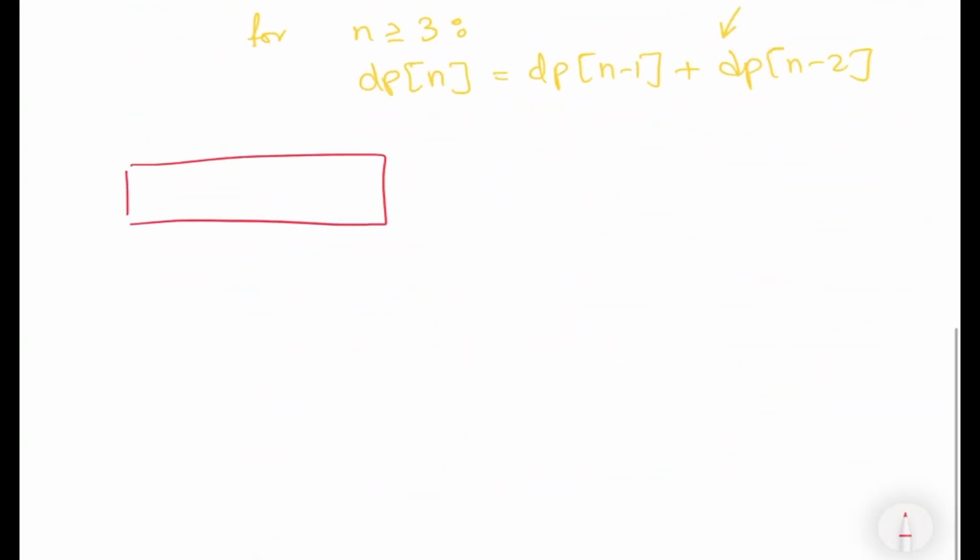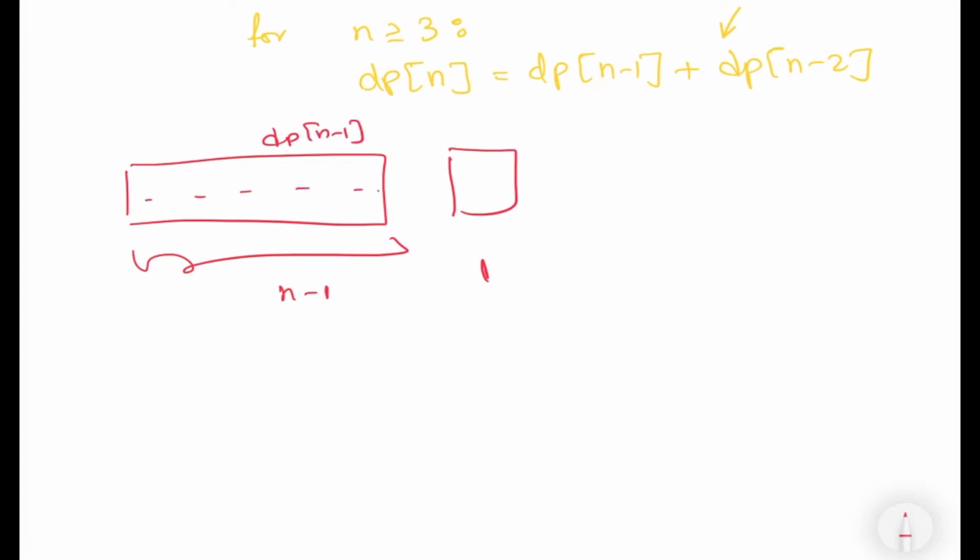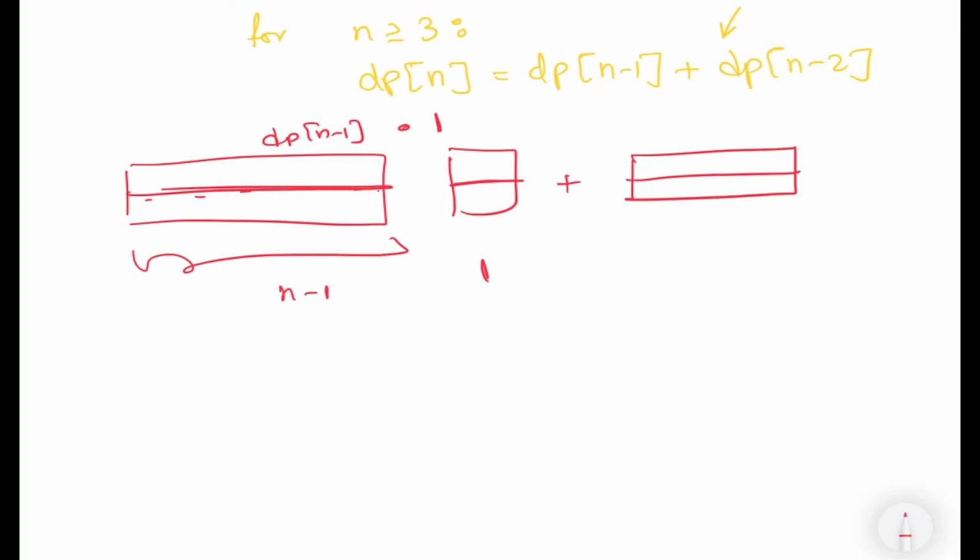So in a quick summary, what we did is we broke the n length table into n minus 1, and we separated out the last element. To tile n minus 1 floors we have the dp n minus 1 answer already known, and on top of it, it's only possible to multiply it with 1 to find the number of combinations to tile n floors. Plus, we separated the last two elements from the n table because the length of the tile at max was 2.